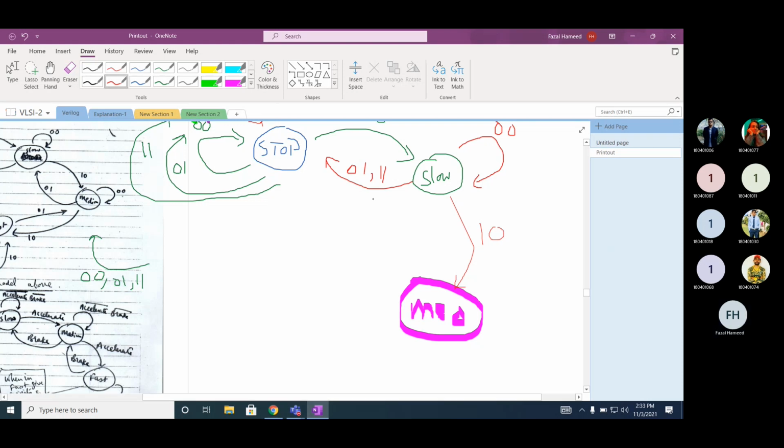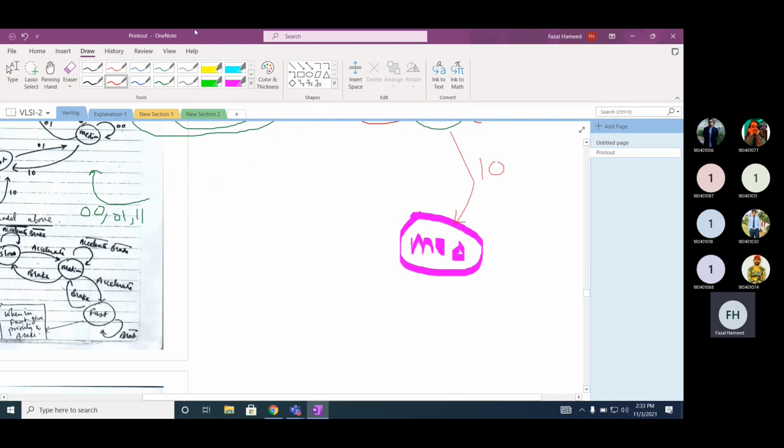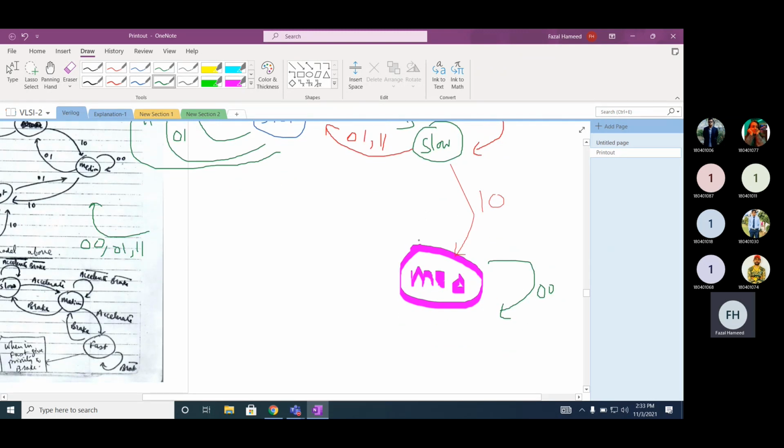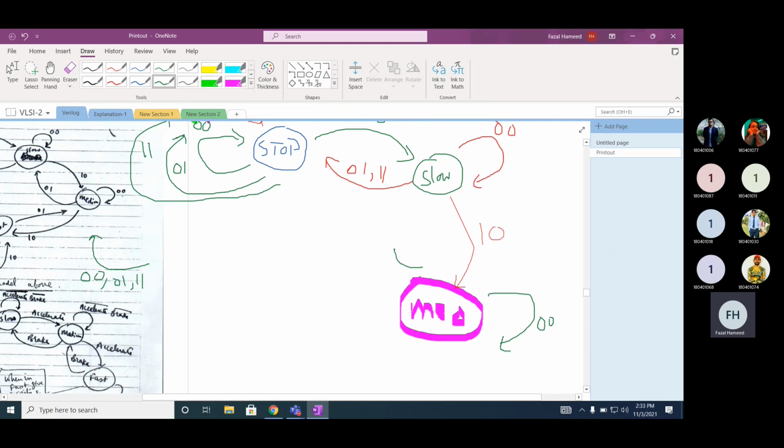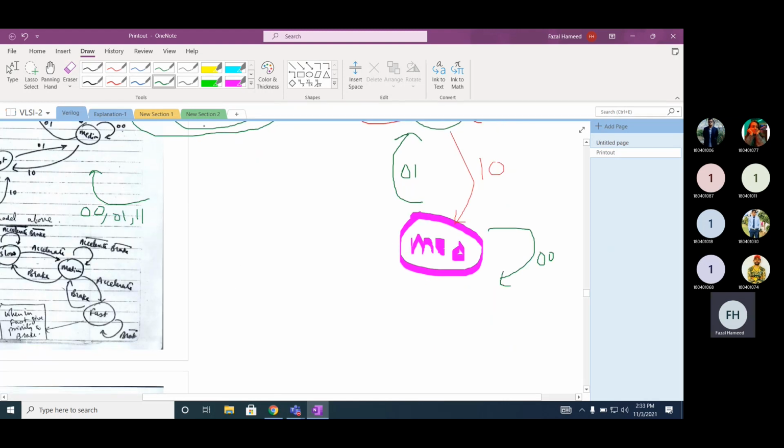Now the system is in the medium state. The same you can replicate for the medium state. So 0 0, it will remain in the same state. 0 1, brake, it will go to slow.